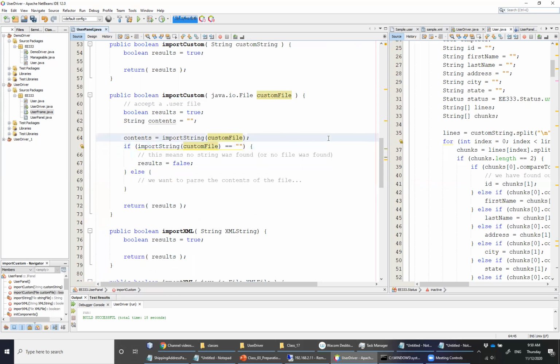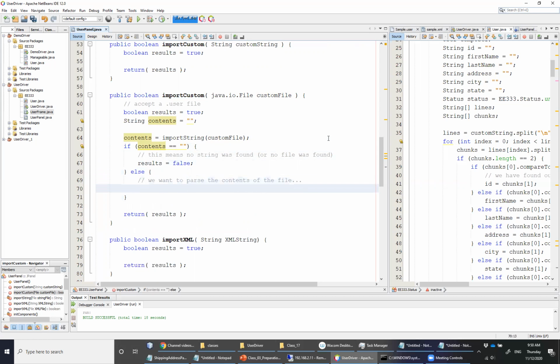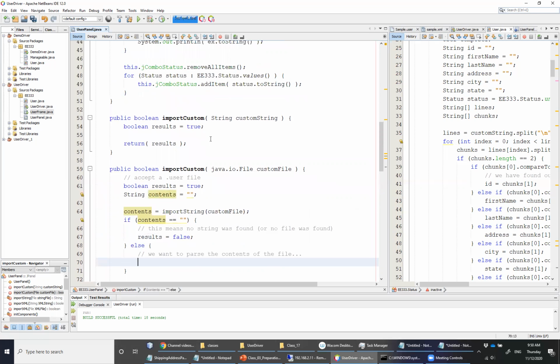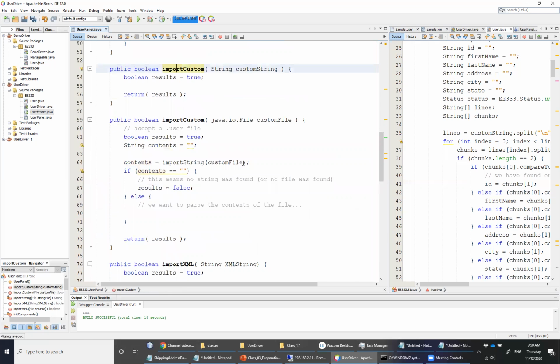And then in the if statement, once the contents are returned, we simply check to see if the contents are still equal to the empty quotes, in which case you return false. Else, you simply pass the contents of that file onto your import custom string